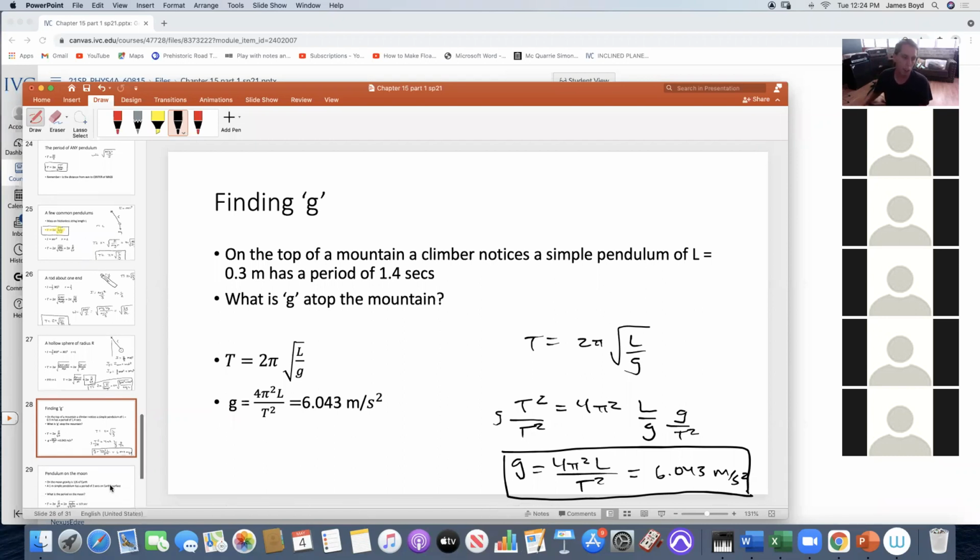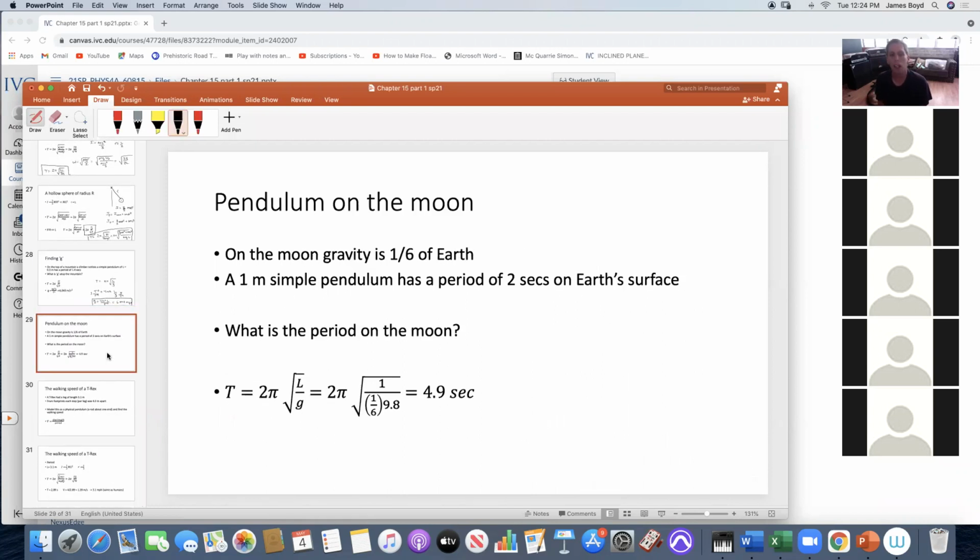That's kind of cool. So, second type of problem: what if we're on the moon? We saw that a 1 meter long simple pendulum has a period of 2 seconds on the Earth's surface. If the moon's gravity is a sixth that of Earth, what would the period be on the moon? All you have to do is exchange g, which is now 1/6 g. So we would go 2π times the square root of L over 1/6 g, which is 2π times the square root of 6L over